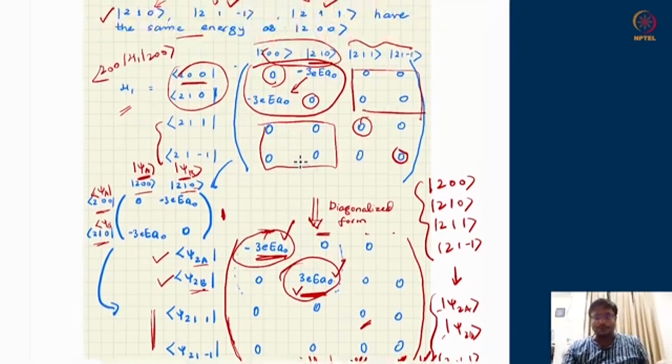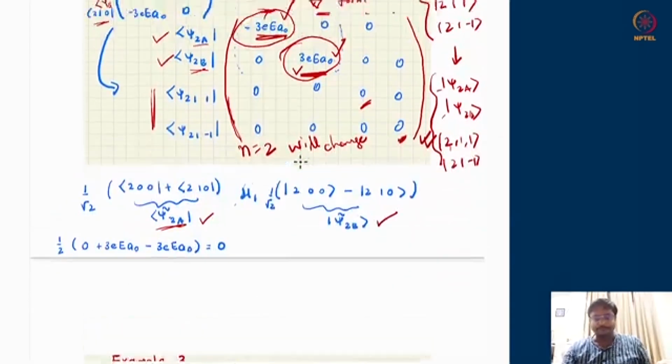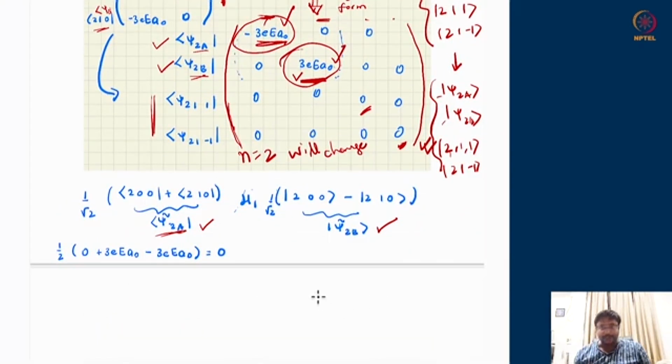So if I draw it pictorially, previously there were 4 states, one over each other. All of them were having the same energy. Now it so happens after the correct application of the perturbation theory, degenerate perturbation theory rather, where I go to a correct basis. First I go to a correct basis again, which has all the same 4 states as the